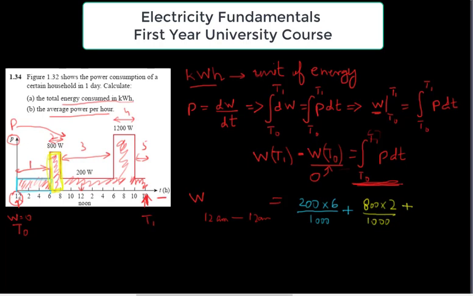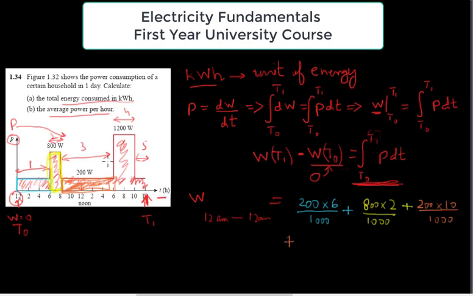The next step is simply the power goes down to 200 watts, and this is the region. I'm highlighting that region, and in this region how many hours are spent? So 8, 9, 10... 10 hours are here on the base, and the height of this rectangle is 200. So 200 times 10 hours divided by 1000,